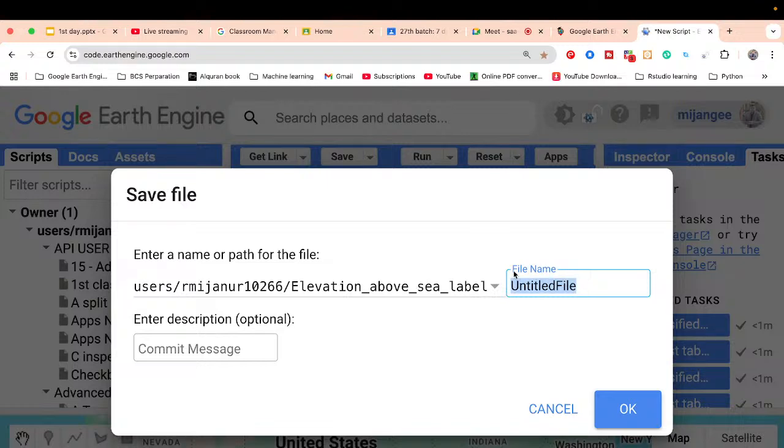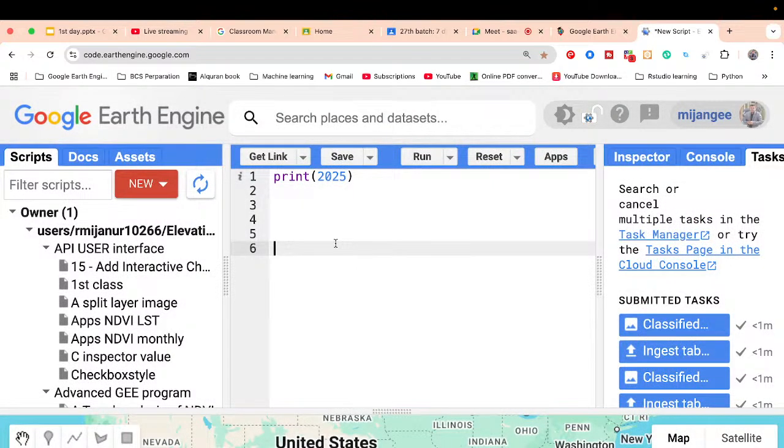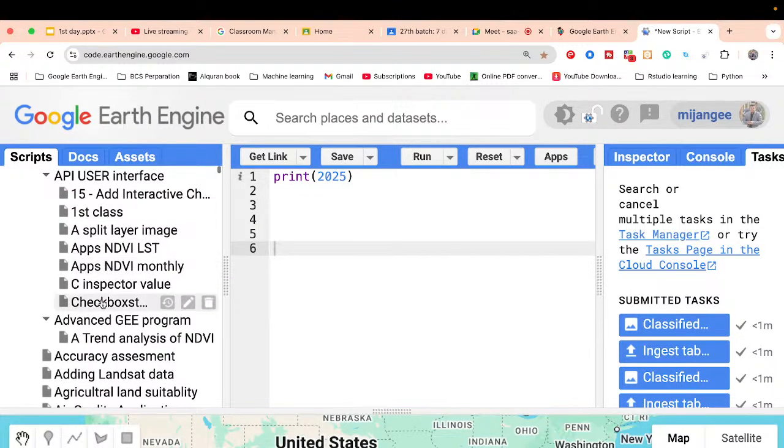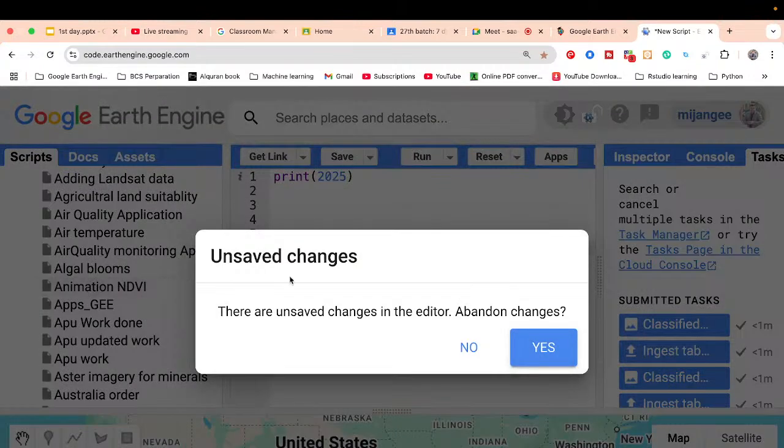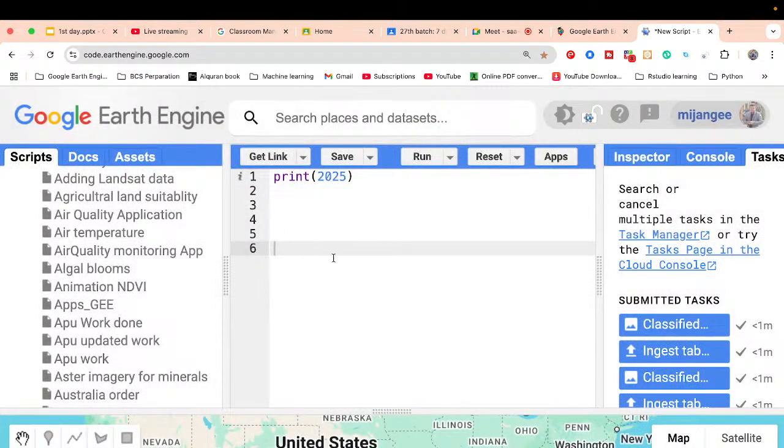So you can simply put the file name. Just put the file name, any name you like, and then okay. Then this file is saved under the Scripts tab. This Scripts tab manages the scripts which you save. So further, when I need this type of script, I simply click here, and the script is easily added